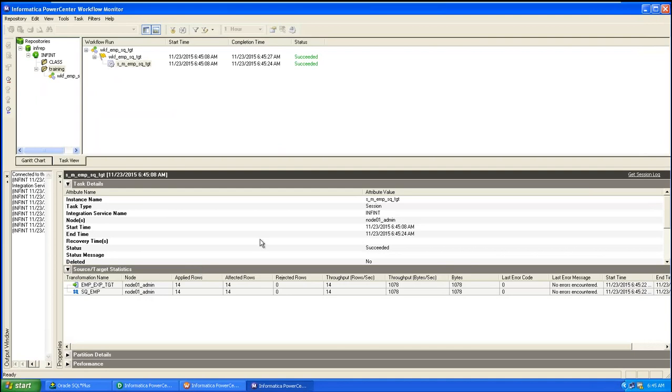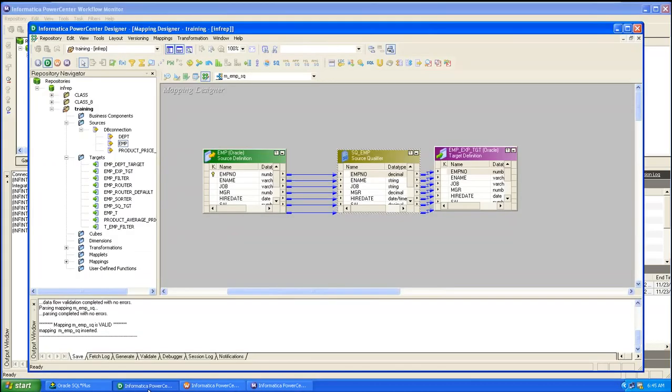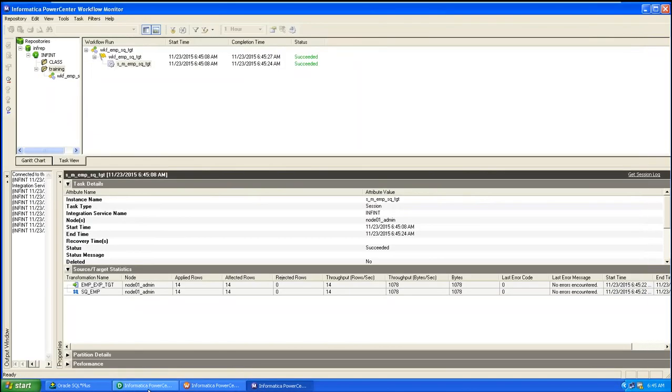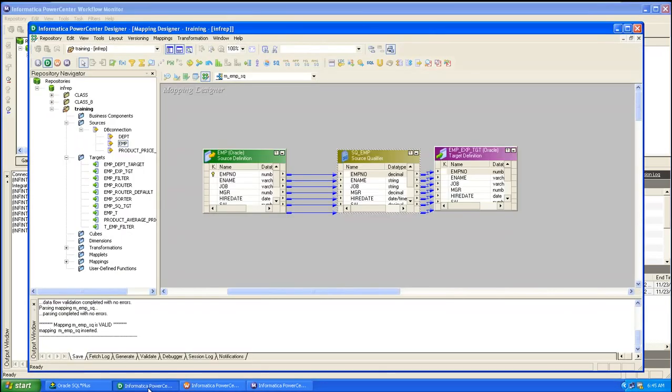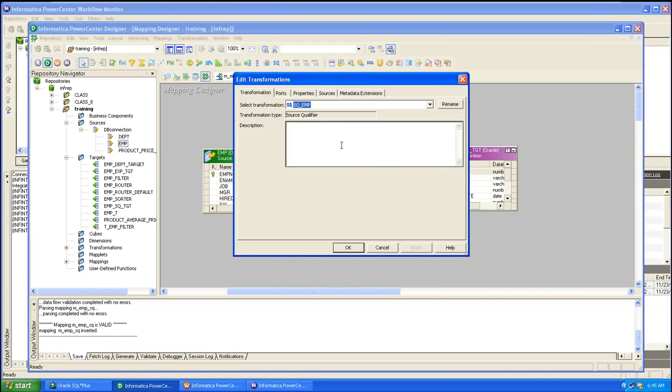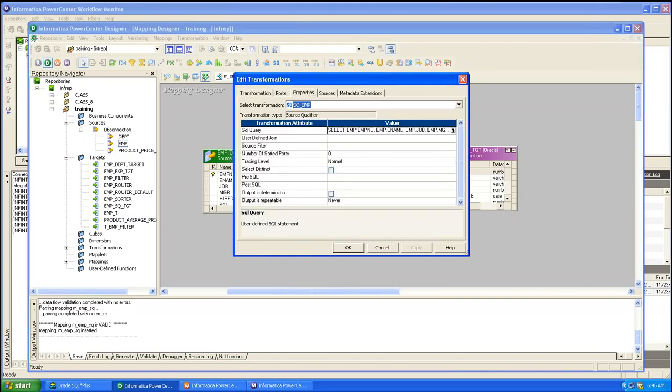See, now it's processed all the records, right? Go to the source qualifier condition. Just check what's the condition. Double click on source qualifier, go to the properties, edit the query,